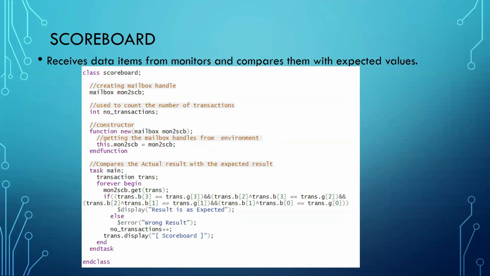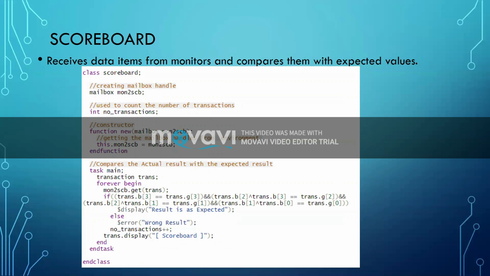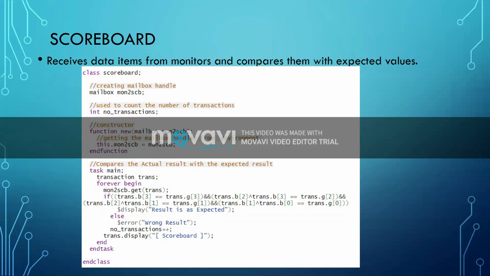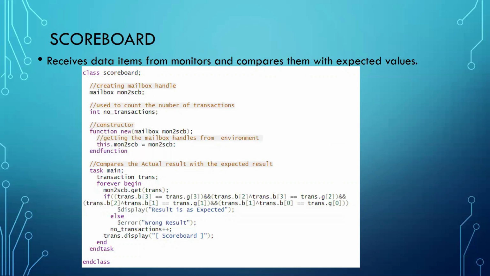The scoreboard is for self-checking purposes, and it verifies the proper operation of a design at the functional level. This module varies from design to design. In almost all test bench architectures, this part takes a little time to design, since it depends on our design under test. Since our design is a binary to gray code converter, we have taken the conditions inside the scoreboard in such a way that we check whether the proper operation of binary to gray code is happening or not.